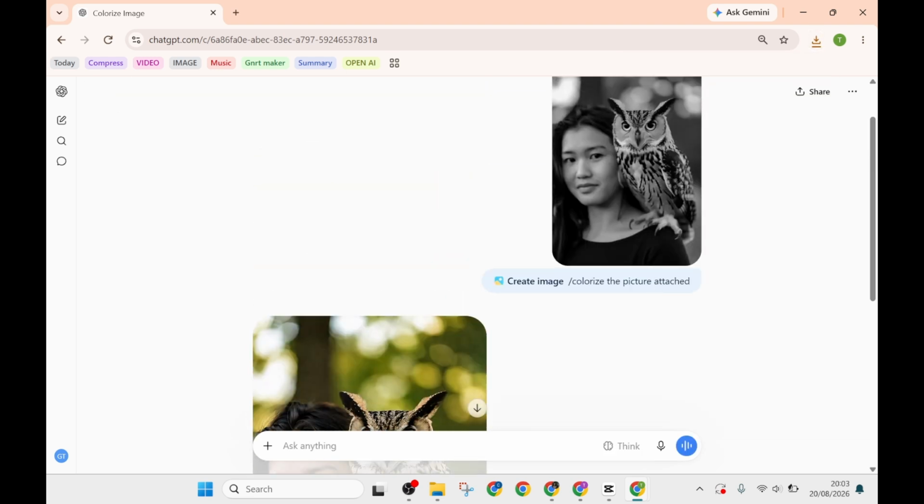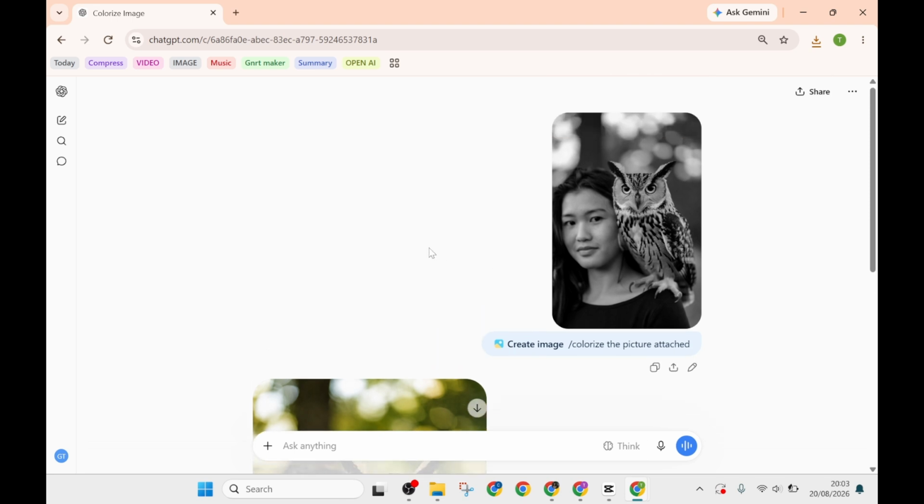So don't forget to try this command if you have any old picture and wanna make it look more like reality and make it more colorful. So you can use this, and I hope